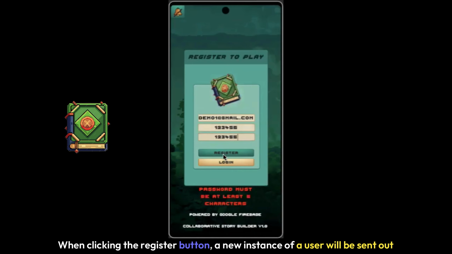When clicking the register button, a new instance of a user will be sent out to the database for all